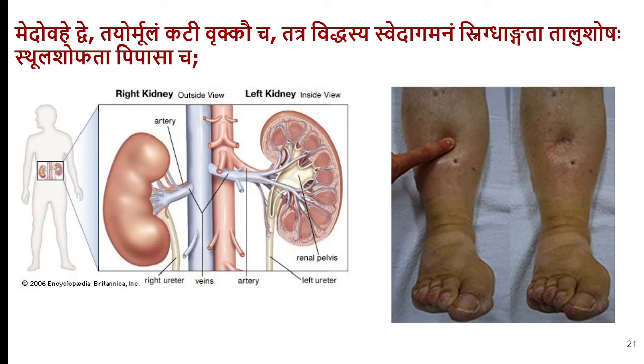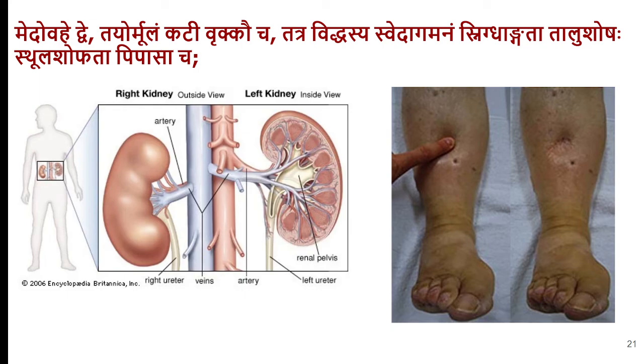Then Medavahe dve, tayan mulam kati vrukavja, tatra vidhasya, swedalaminam, snigdhantata, talu shoshaha, sthula shopata, pipasaja. The vrukka and kati, they help in the maintenance of the Medavahasrotas. Medas is the fluid and electrolyte balance, which we have already referred to in the previous chapters. So maintenance of the fluid and electrolyte regulation is the two major functions of the kidney, vrukka, as such. As I told, we have discussed earlier, kidney and suprarenal and their functions, there is a slight difference, and in the context of this, we have to take up that the fluid